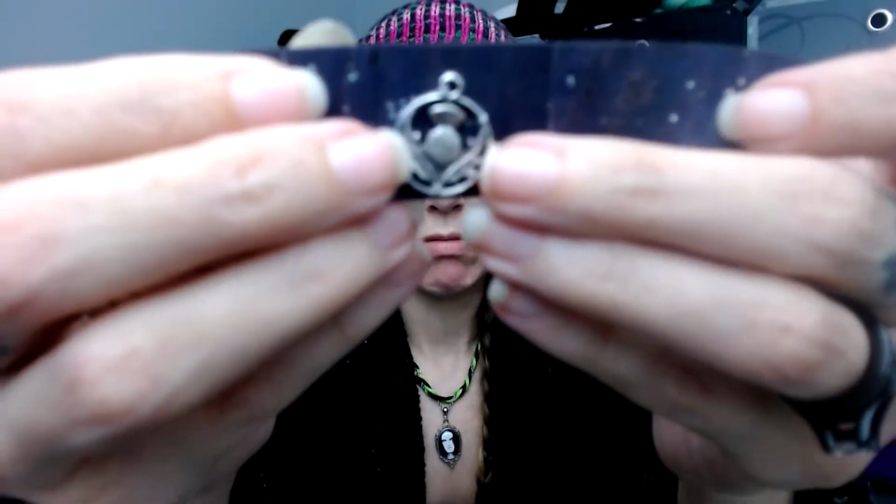I have one more. This is an Outlander inspired. I'm not a huge Outlander fan. I just wanted to try this because this is a shawl cuff. And it's made of cork because I don't like to wear anything that... wow, that's tiny. That's smaller than I thought. Look how small that is. That's really, really small. Like, it's not even a quarter. That's maybe like dime size. But it's a thistle, which is the